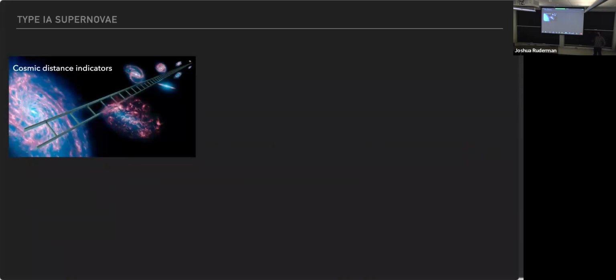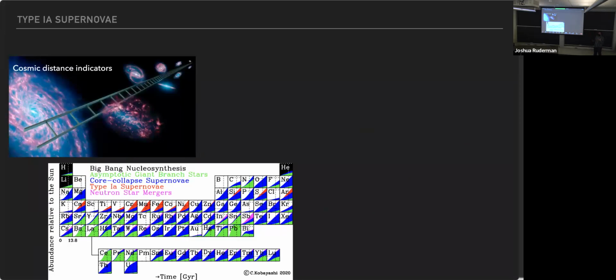And so the better we understand them, the better. For now, this is only an empirical calibration. All the type 1a supernova cosmology measurements are using empirical calibration. There's no physics in it. It's pure empirical calibration. We care about them from a nucleosynthesis point of view because they make the majority of